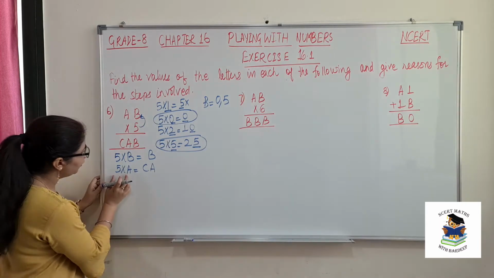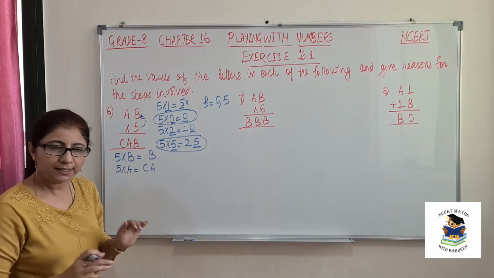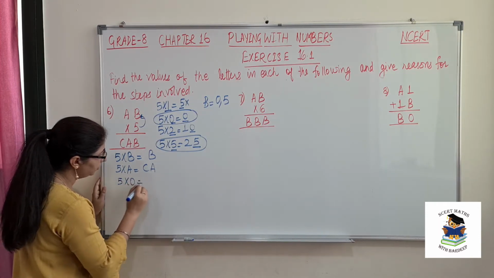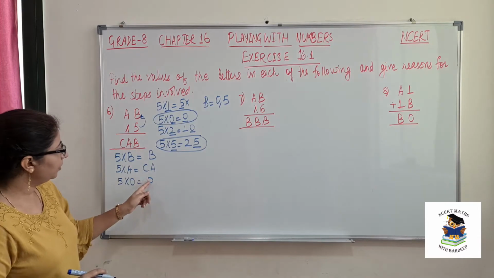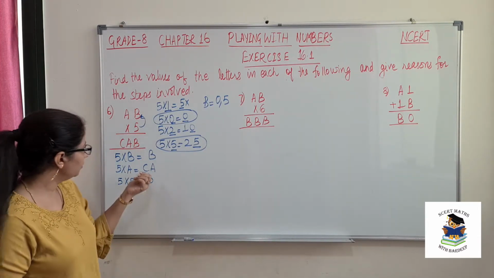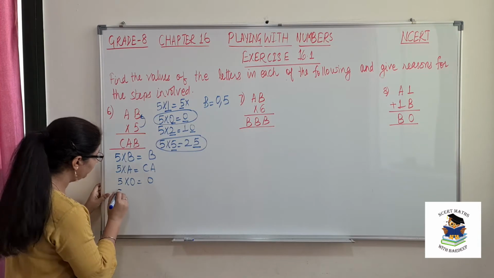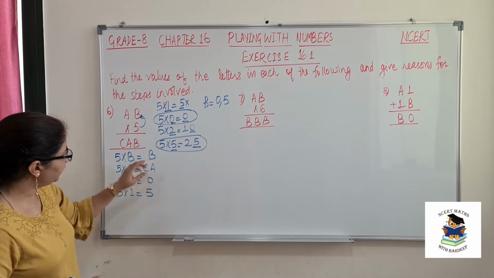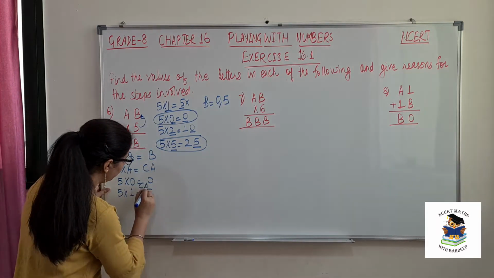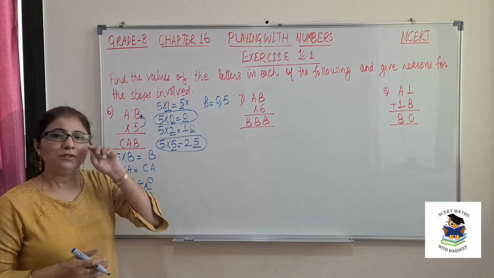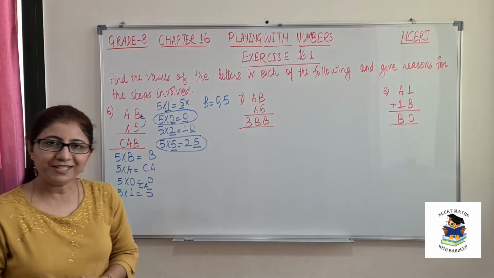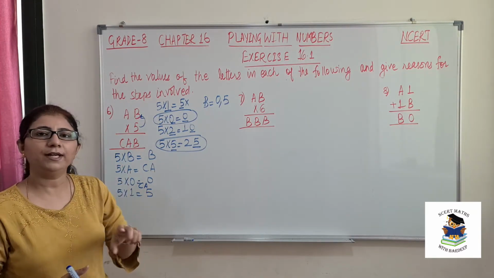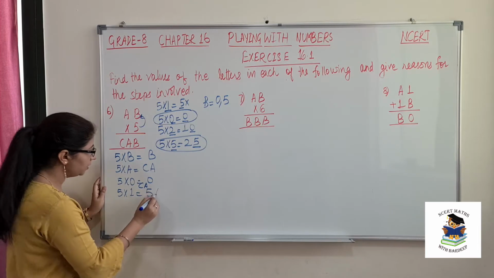Second question is 5 into A should be equal to CA. So again 5 into 1, see if I put 0, this will become 0. So A cannot be 0, then C we have not calculated, so this cannot be possible. If I put 5 into 1, okay, so this is 5. So again we can say if I write this C and A can be 5, but we have not obtained any value of C. But this is not possible because if they have given us C, we should have some value of C. We cannot skip it.